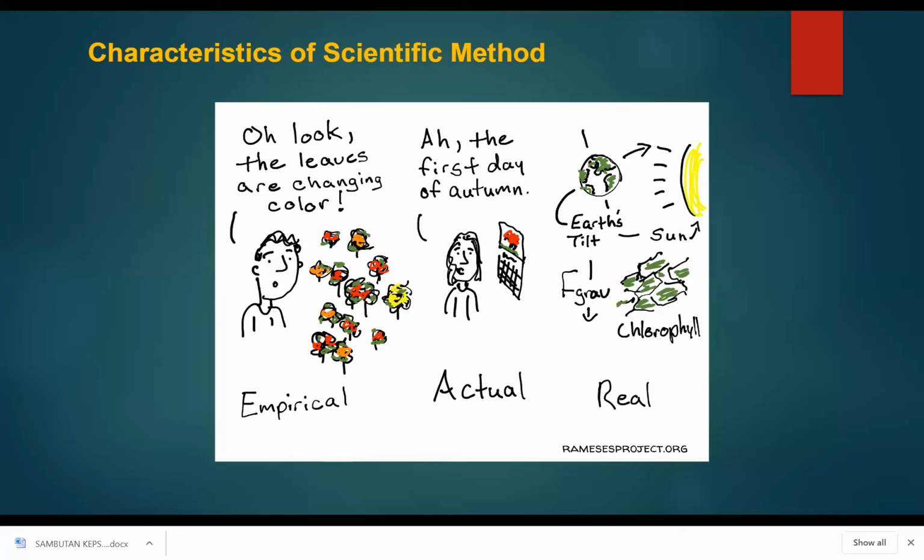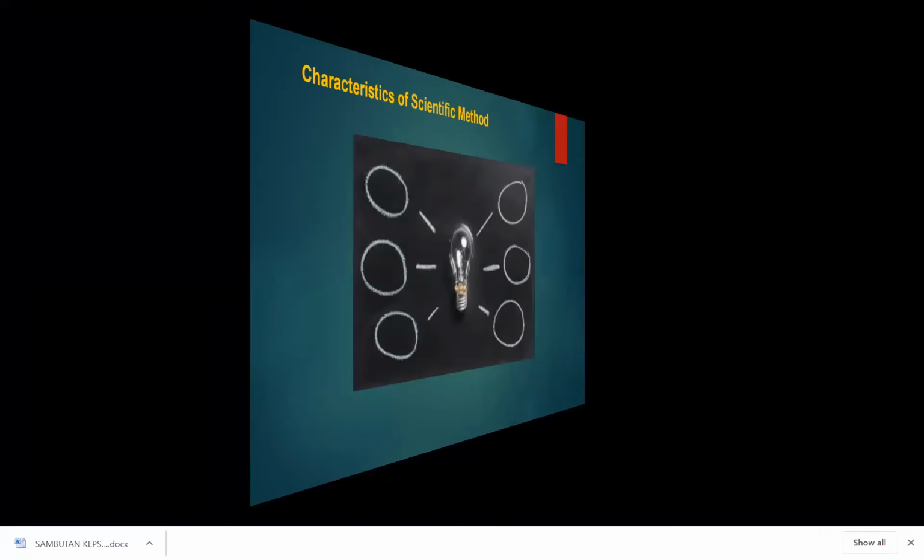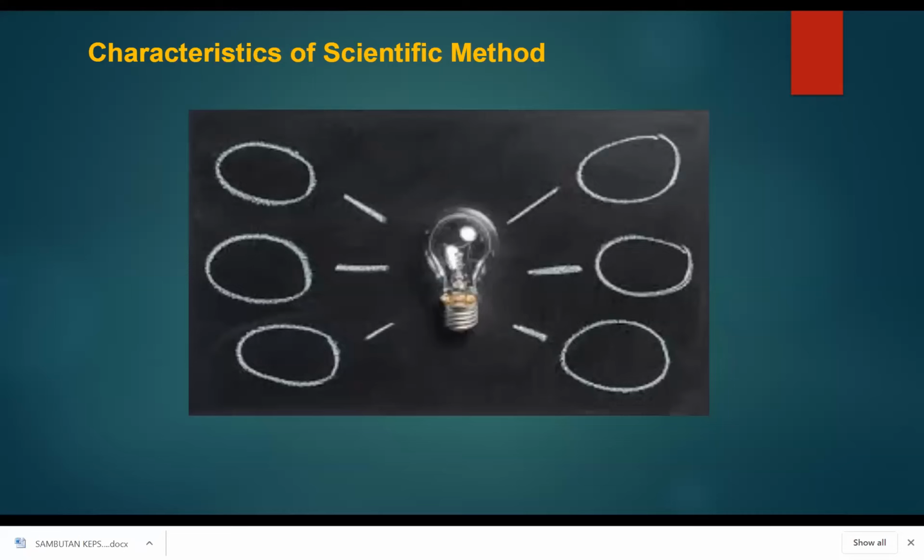It's related with the objective. Objective is what focuses on the object, but empirical is focus on you. You're thinking empirically. And the next one is, this is the last one I think, the characteristic of scientific method is it must